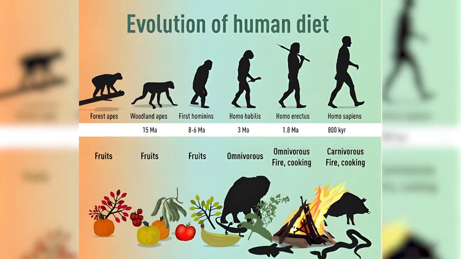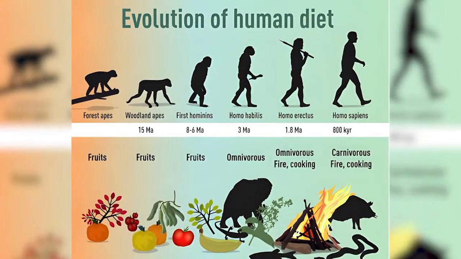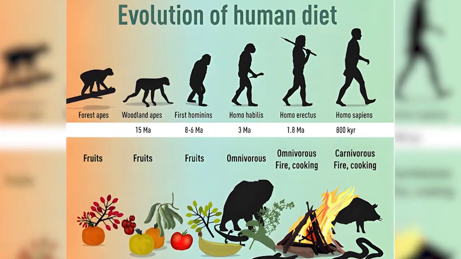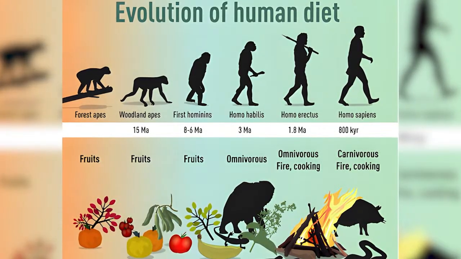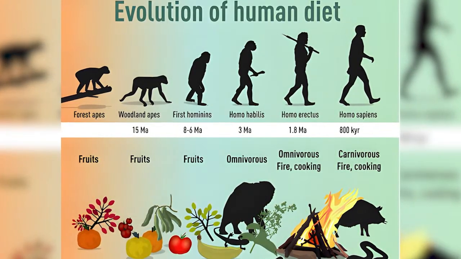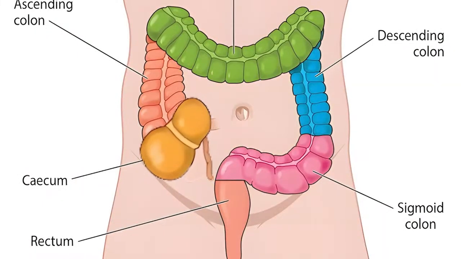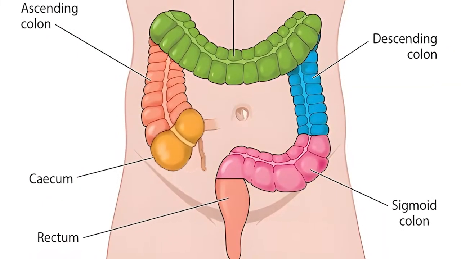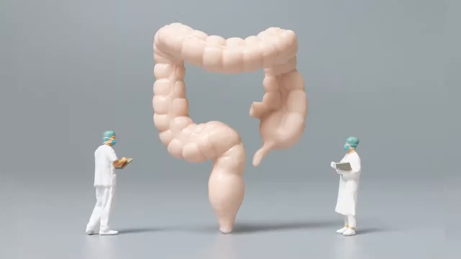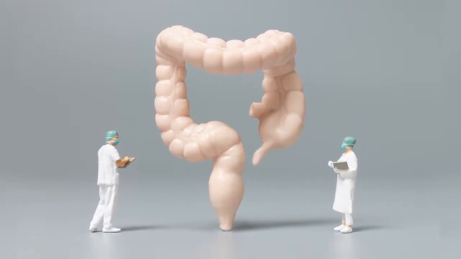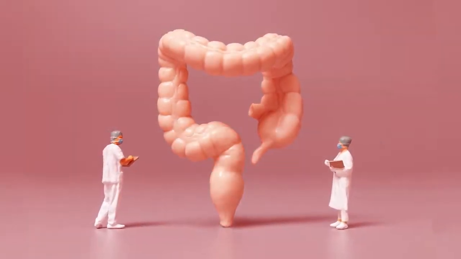But as humans evolved, we started cooking food and eating more meat, fruits, and processed grains. These foods are easier to digest, so our digestive system didn't need such a big cecum anymore. Over time, the cecum shrank, and the appendix became smaller too. Because it became so small and seemed to serve no purpose, scientists thought the appendix was a vestigial organ, a leftover from evolution that no longer had a function. But now